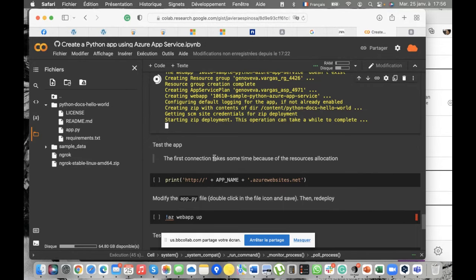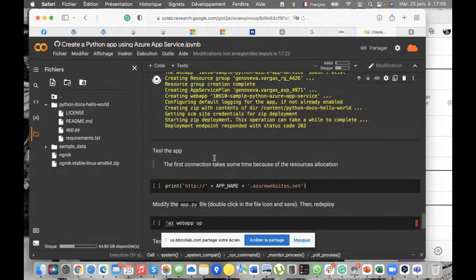So it takes a little while. Now, while it is finishing to deploy and that we can see,